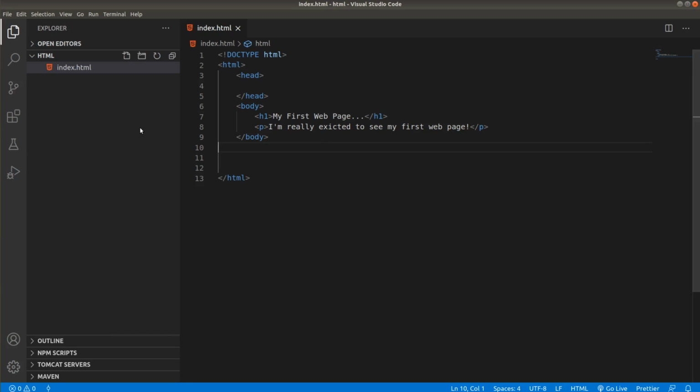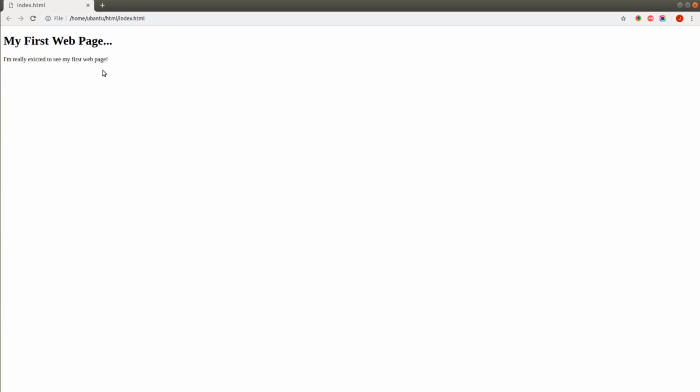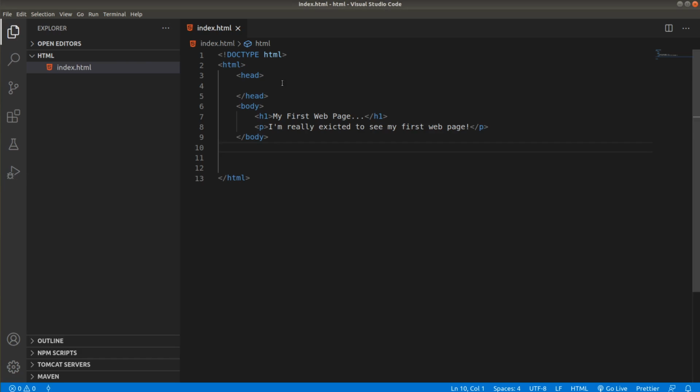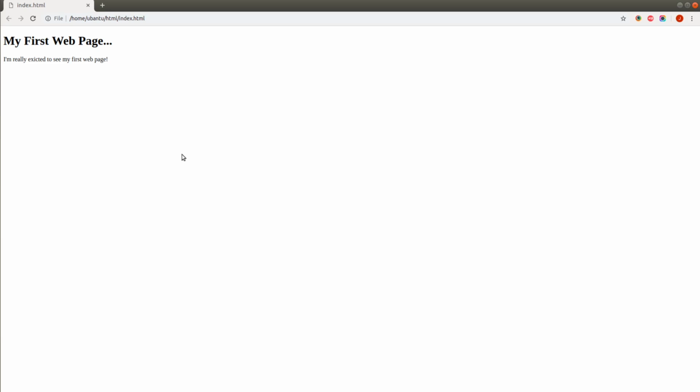But let me show you one more thing. If you go back to Chrome and see your web page, here you are seeing the title is index.html, that is the title of your web page, but you do not want it like index.html. It should be some informative text for the user. So I will go back to the HTML document, and inside the head tag I will add one more tag, that is title, and I will give it the name my first page, and I will save the changes. I will go back to Chrome and hit refresh. Boom, that's it. The title is changed to my first page.